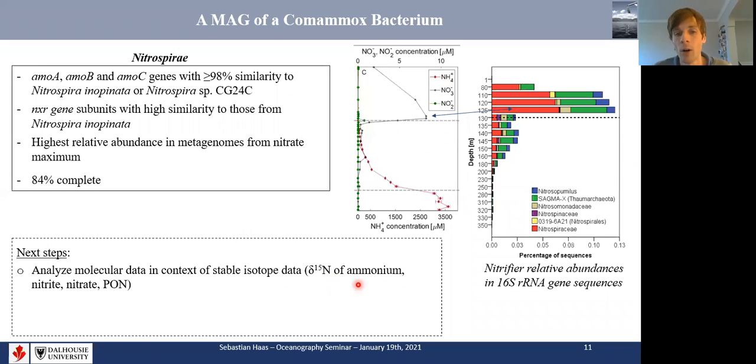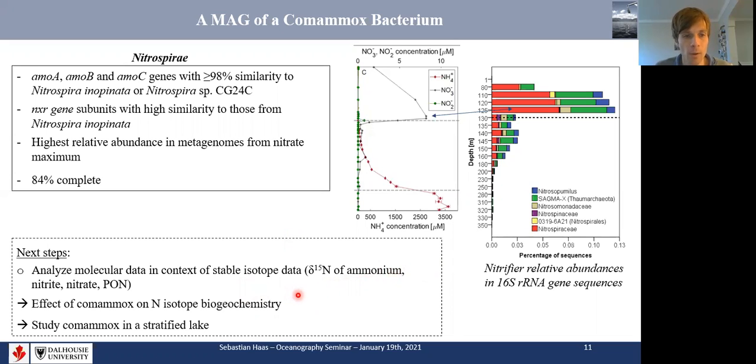have on the delta 15N of ammonium, nitrite and nitrate, which unfortunately today I wasn't ready to show any of, but this will be interesting to explore the effect of Chromamox on nitrogen isotope biogeochemistry, which hasn't been done too much, if at all, given how newly discovered Chromamox is. And also a similar story about studying Chromamox in a stratified lake, where I'm not sure it has been studied